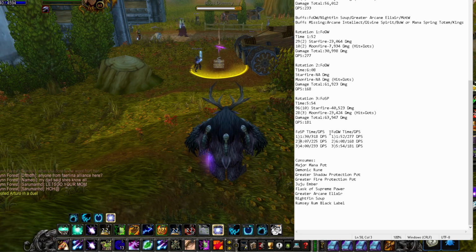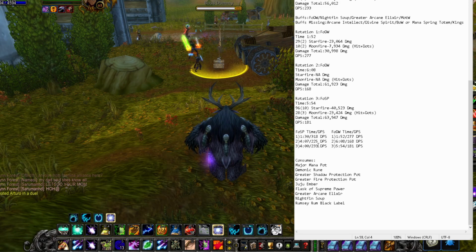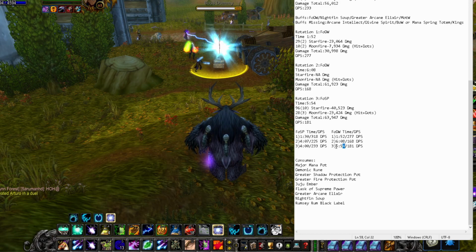high, but we go over to using the Flask of Distilled Wisdom instead. We gain about 2 minutes, but we lose about 50 DPS. Same with the third rotation. We lose a little bit of that time, but we gain a little bit of that DPS for both of them. So still about 4 minutes and still about 6 minutes, an extra 2 minutes using the Distilled Wisdom Flask,